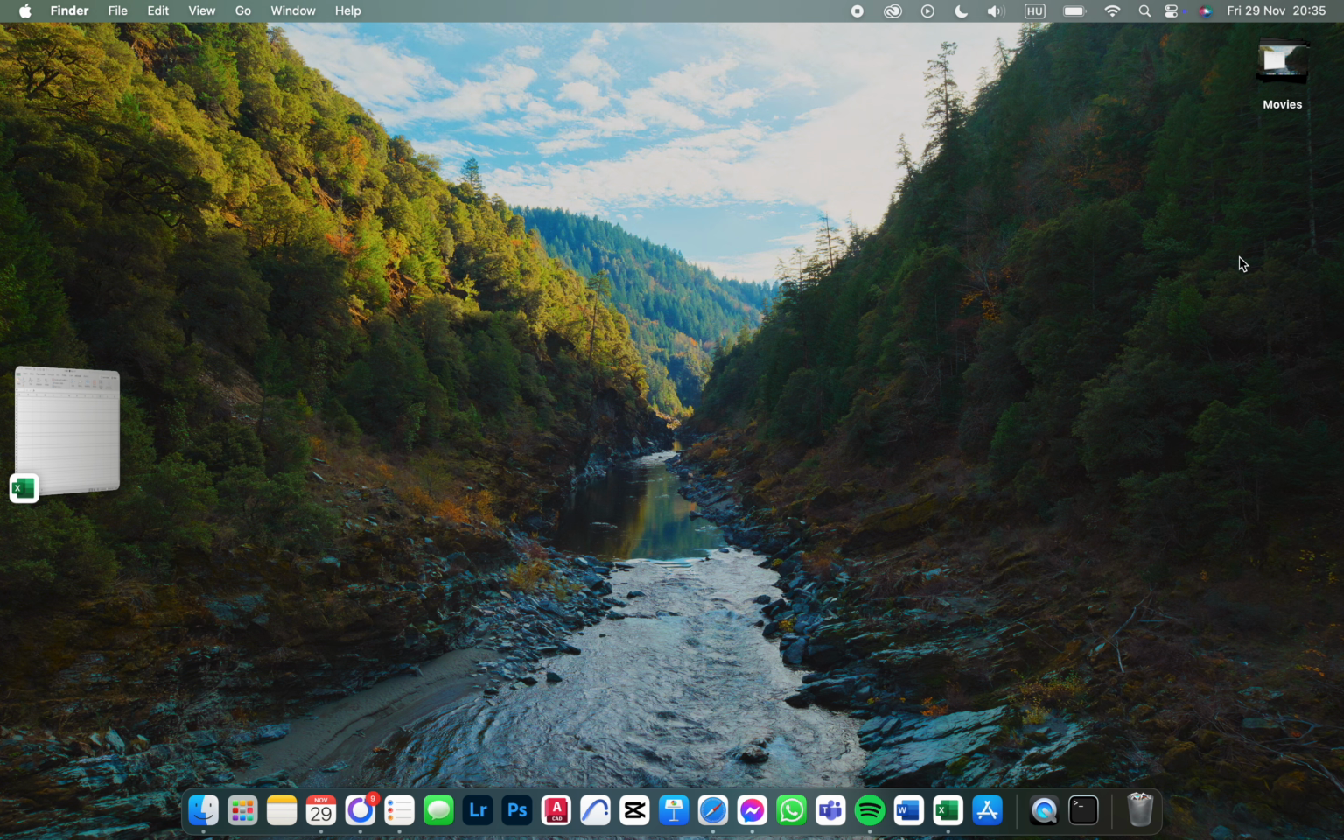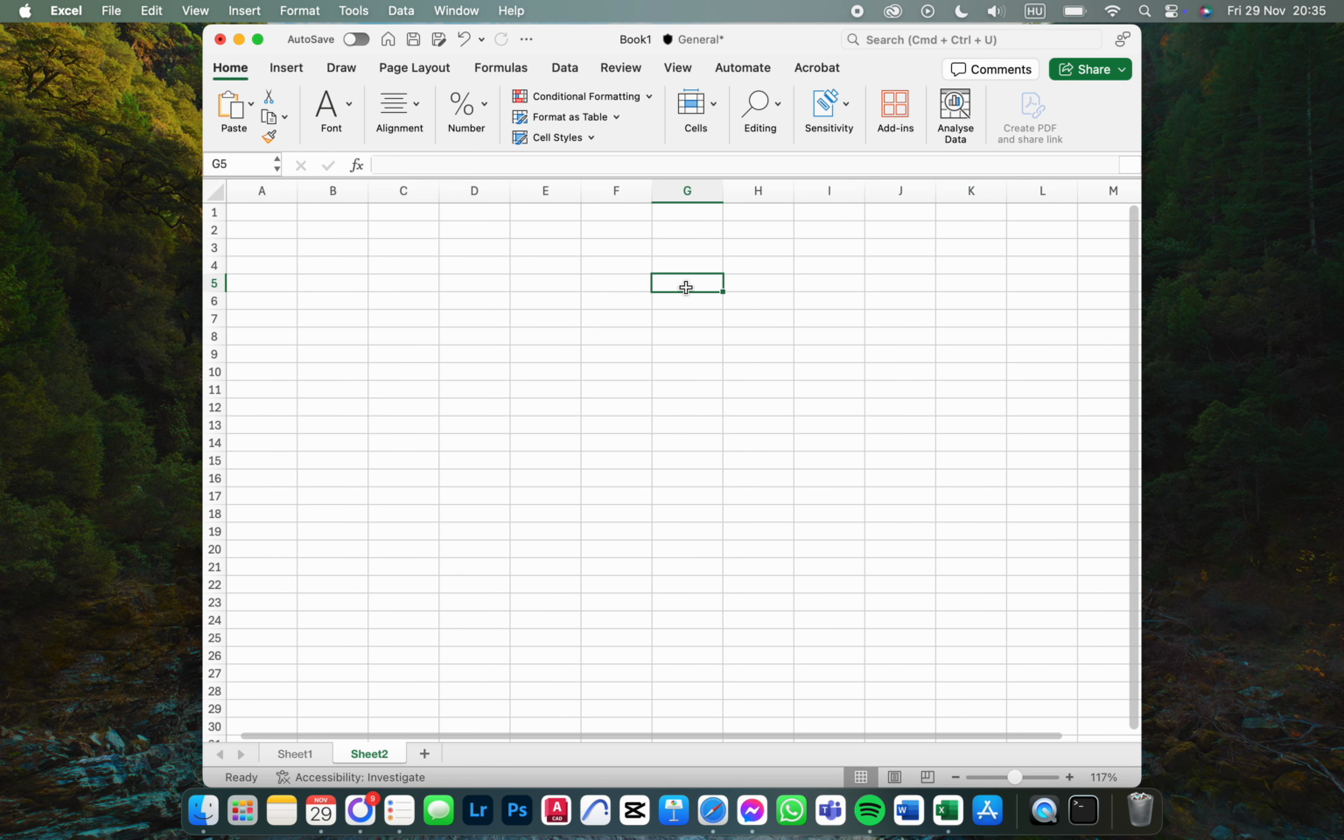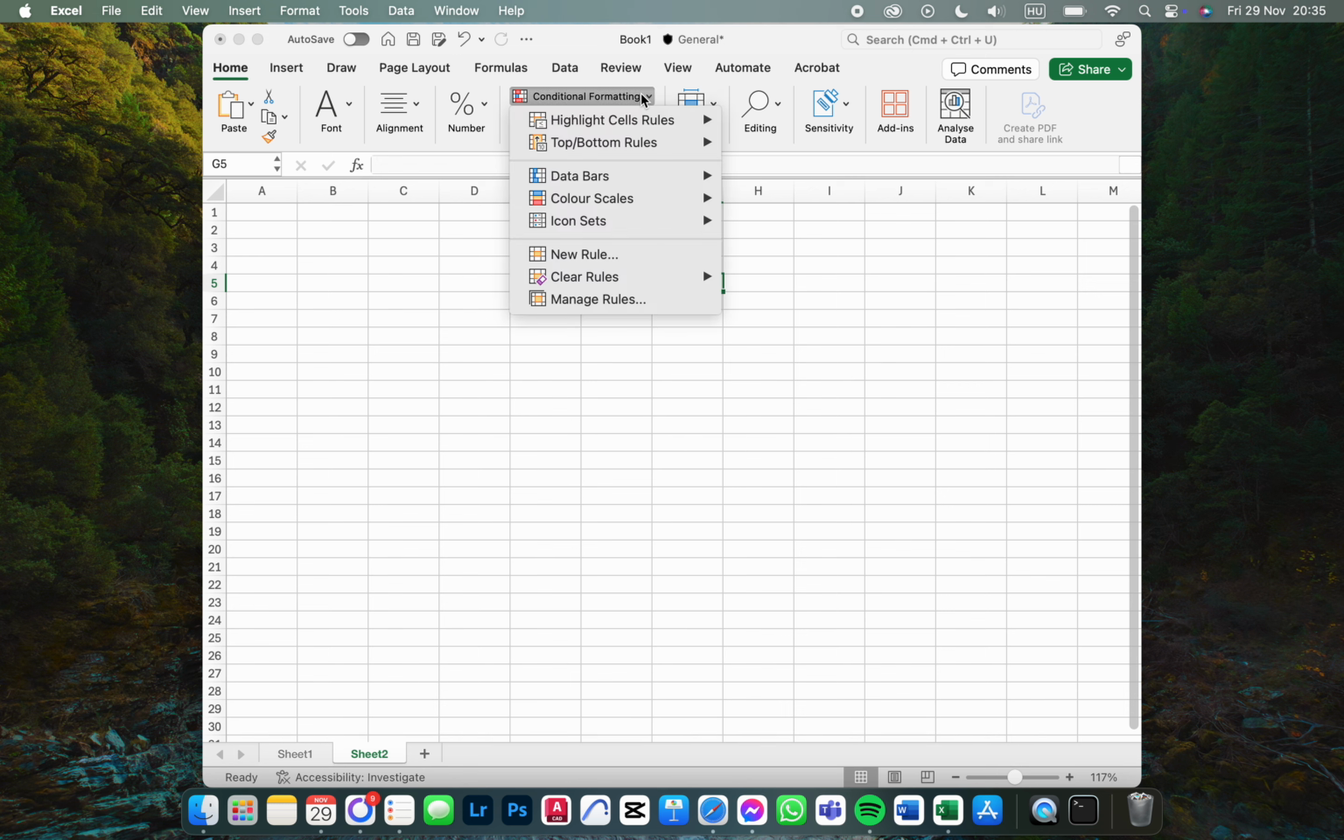I'm going to show you how to set up gradient fills for data bars in the cells in the Excel app. First, we have to open up the app, and here it opens up like this. From here, we just click on the cell that we want to have as a gradient fill, and then we click on conditional formatting here in the top row. Then we click on data bars,